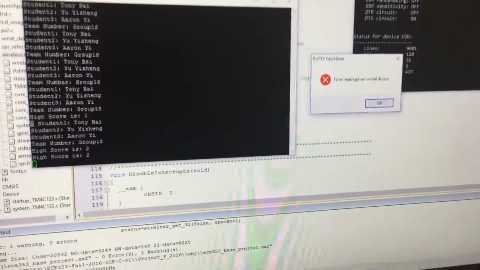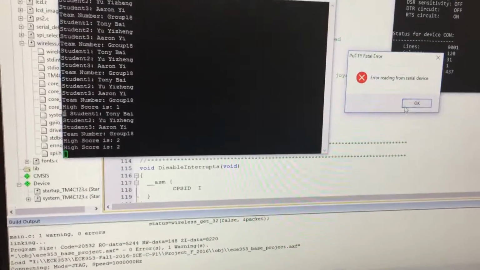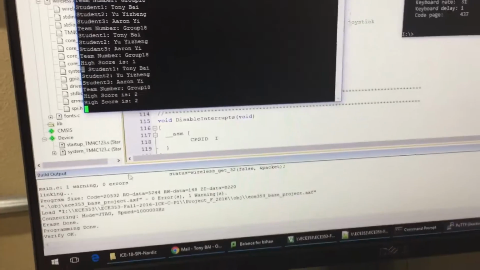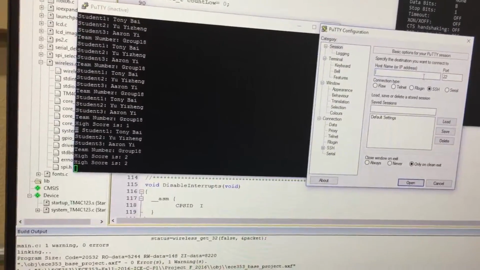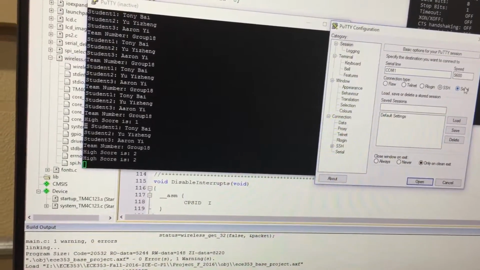EEPROM will still contain the data from the last time. So we open another PuTTY session there. So configure it as